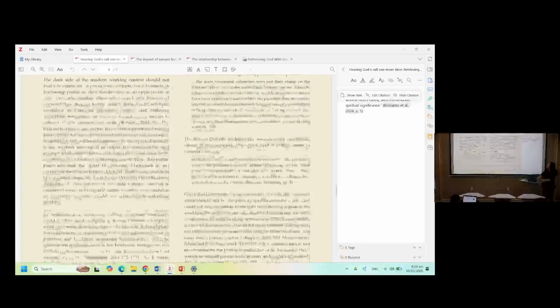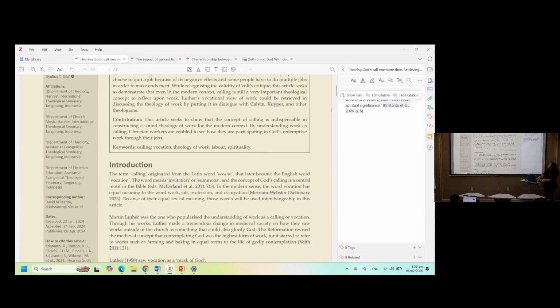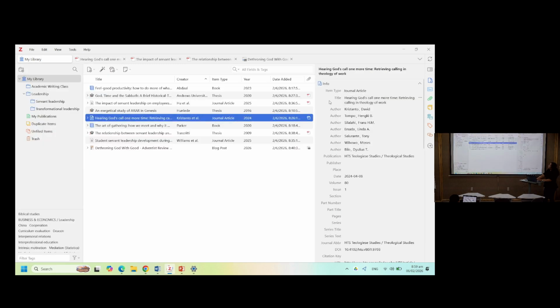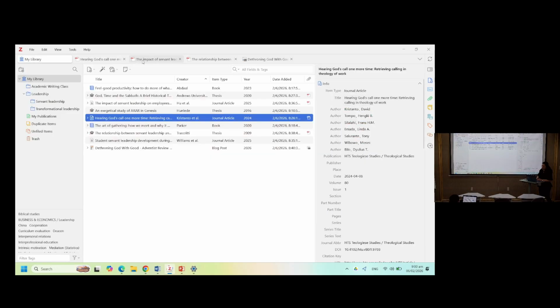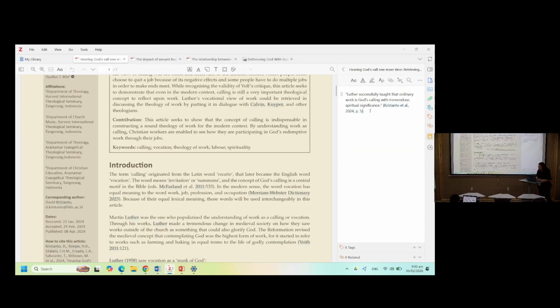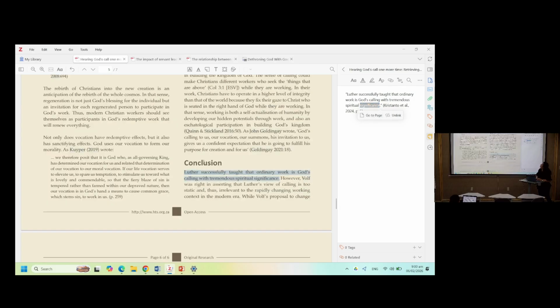So even though you are in this part of the article and you want to see where you got this, you can just click on show item and go to page. There, go to page. Yeah. So you can see where the quotation is located in the document. Okay?